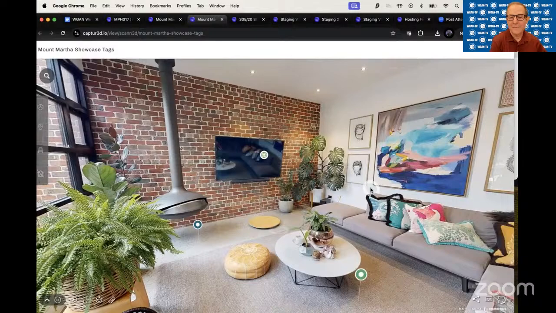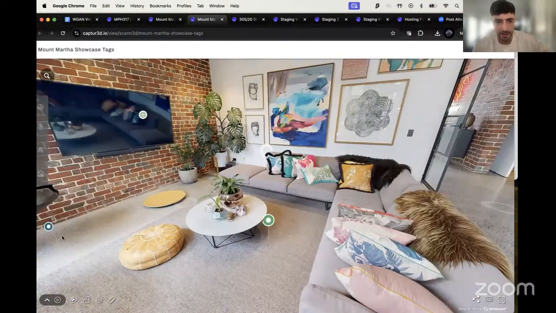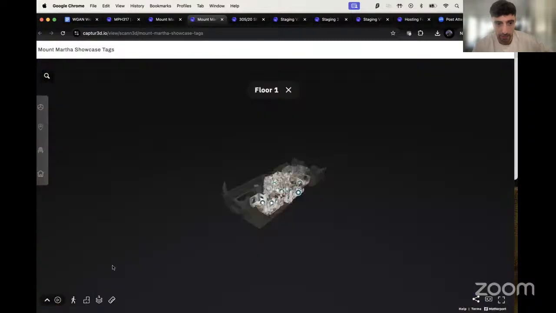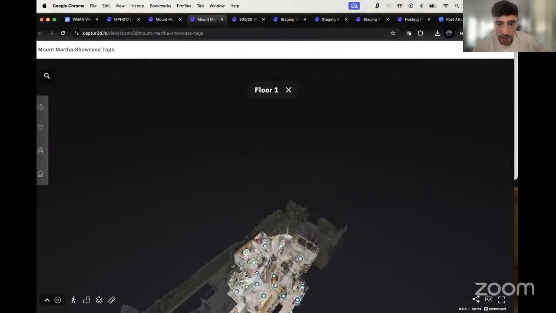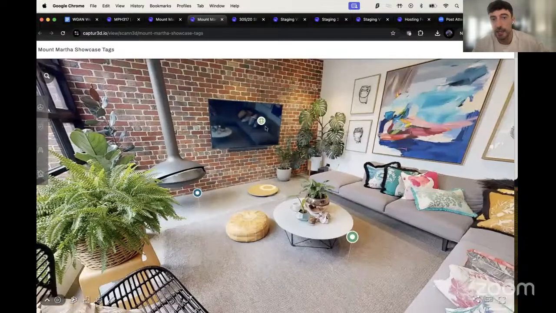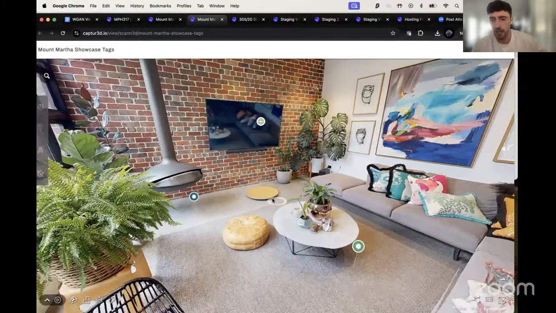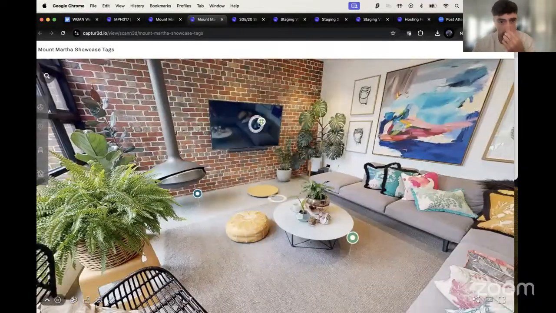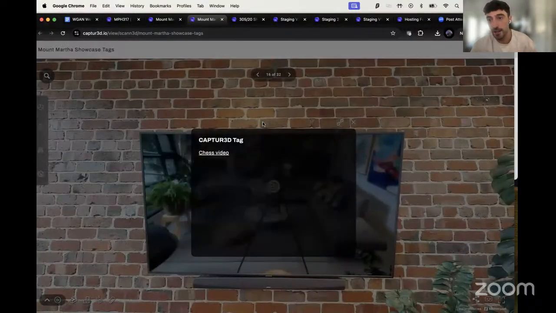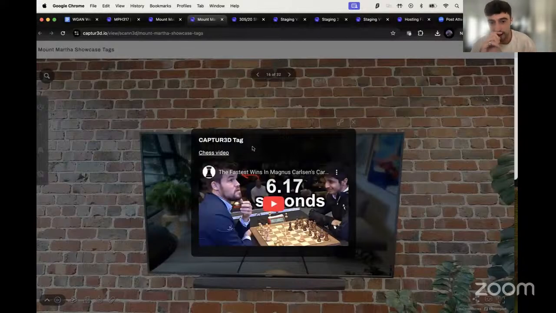Yeah. No worries. Yeah, so just in this example here, we do have a bunch of meta tags within this property that's pretty meta tag rich, as you can see. But then just jumping into the lounge area here on the TV, this is a captured tag. So this is an example of a captured tag. I was using this to kind of test with yesterday and set this up, so I haven't put too much rich information in. However, I do love my chess, and so there is an embedded video of Magnus Carlsen's fastest win ever in here. So that means that clicking on the URL link or the YouTube thumbnail will register a review of that content within that tag.